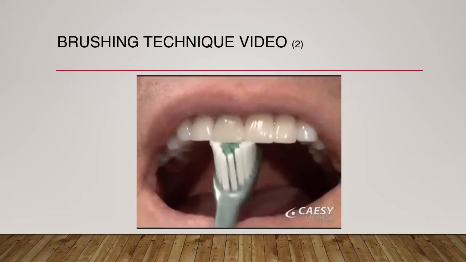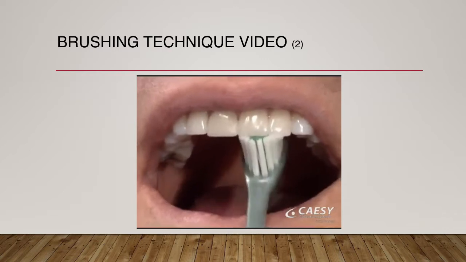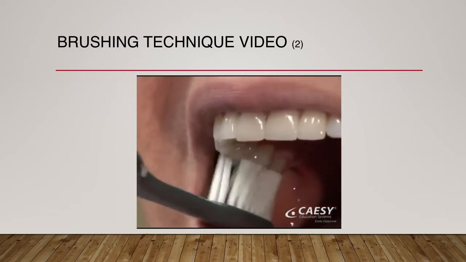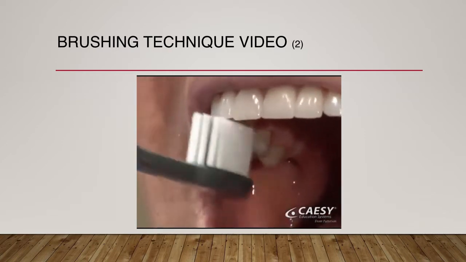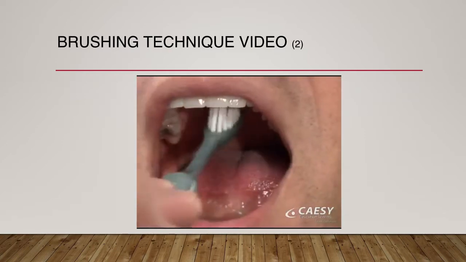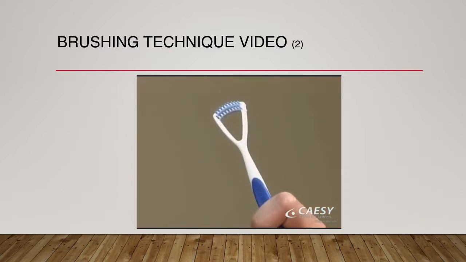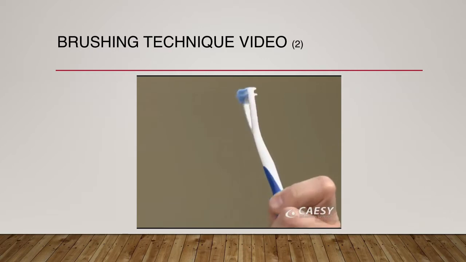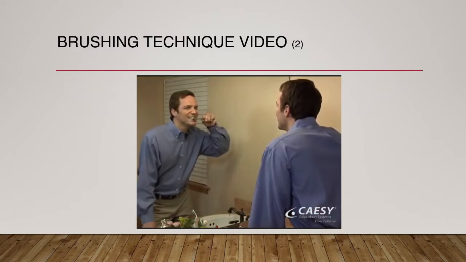To brush the backs of the front teeth, tilt the brush and make several up and down strokes. Then brush the chewing surfaces of the teeth with a gentle back and forth scrubbing motion. End by brushing your tongue and the roof of your mouth. This removes germs and keeps your breath fresh. You can use a tongue brush with a special head to do the job, or a tongue scraper to remove the odor-causing bacteria. When you brush is important too.